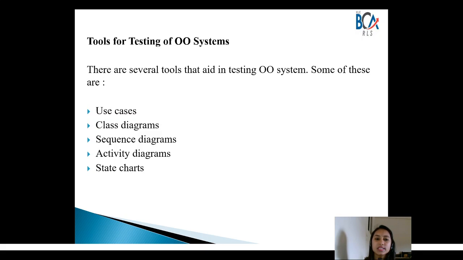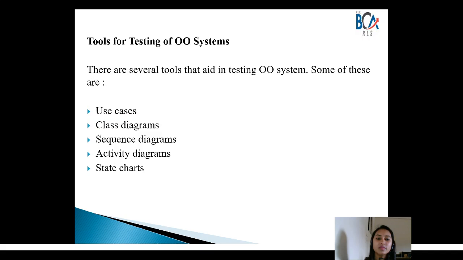What is a use case? It actually represents the various tasks that the user will perform when interacting with the system, and a use case goes into detail of the specific steps that the user will go through in accomplishing each task, and also the system response for each step.